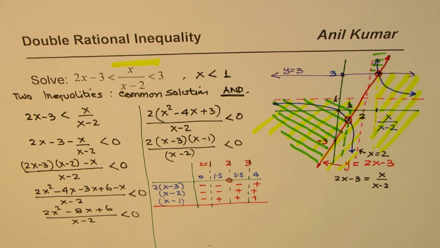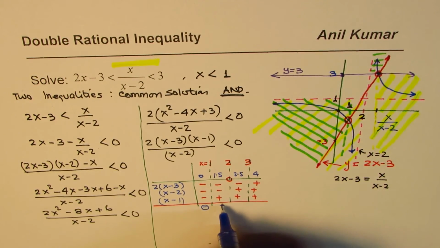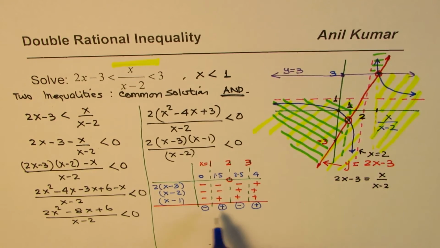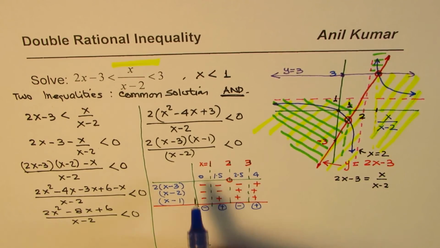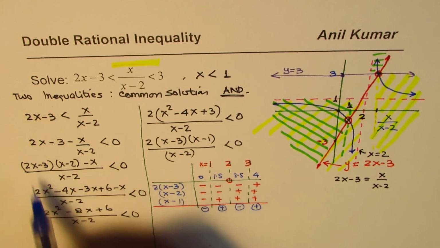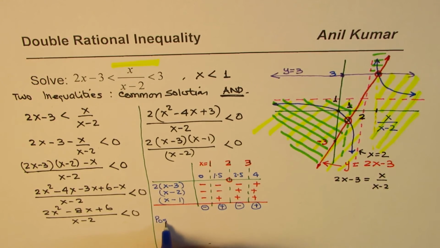Three negatives mean a negative, two negatives mean a positive, negative and positive, correct? So the possible solutions are